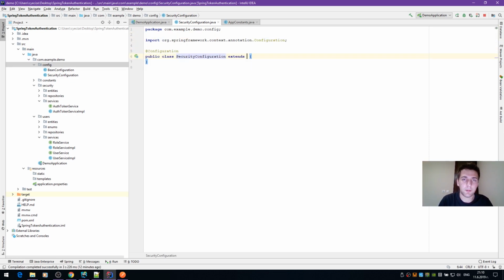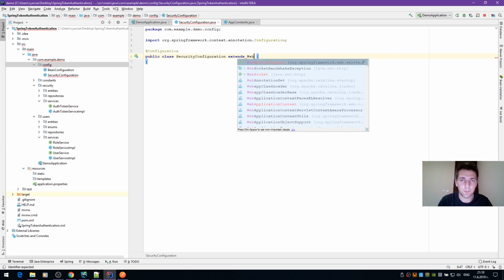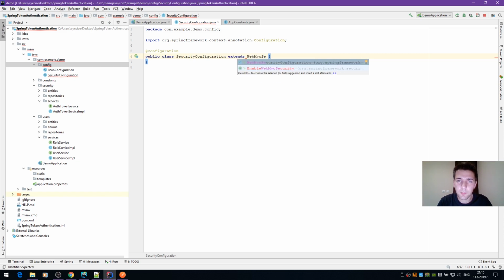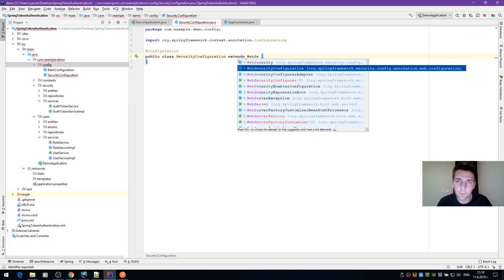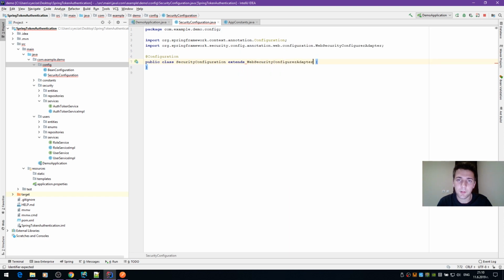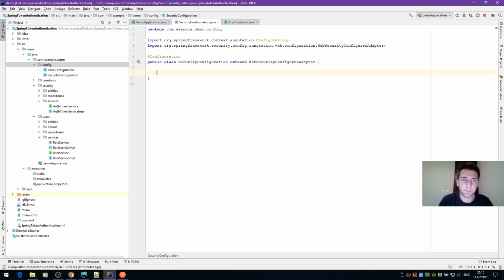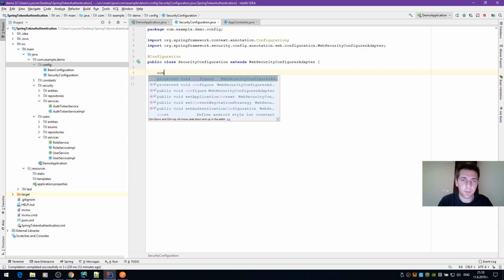Configuration extends WebSecurityConfigurerAdapter. What was it? Here it is. Okay, so override configure